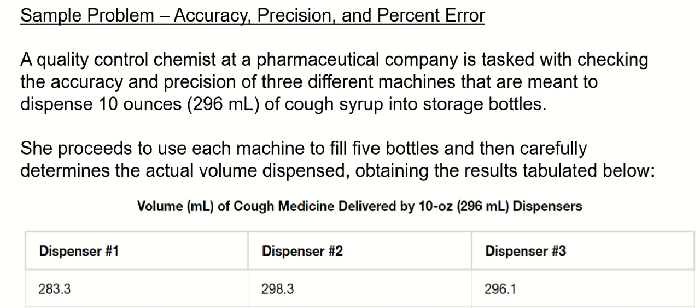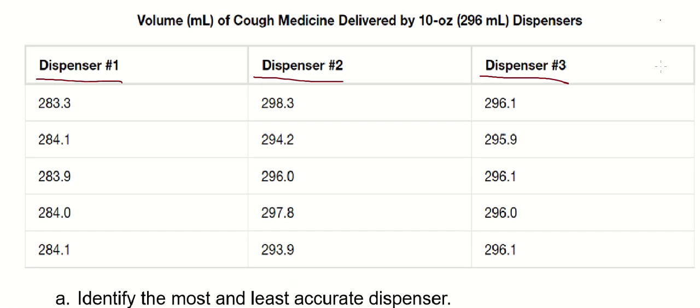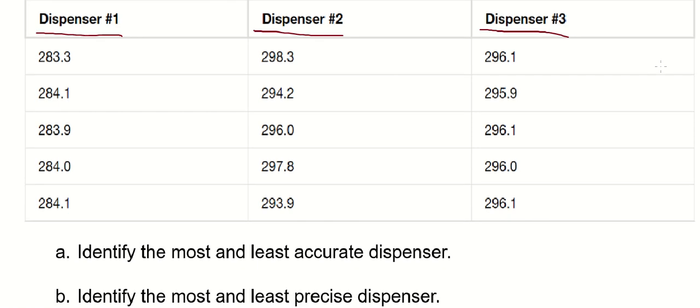We've got 3 dispensers. Dispenser 1, dispenser 2, dispenser 3, and what we're trying to do is dispense 10 ounces or 296 mils of cough syrup into these bottles. So the results are tabulated below here, and the question has several parts here. Part A is asking us to identify